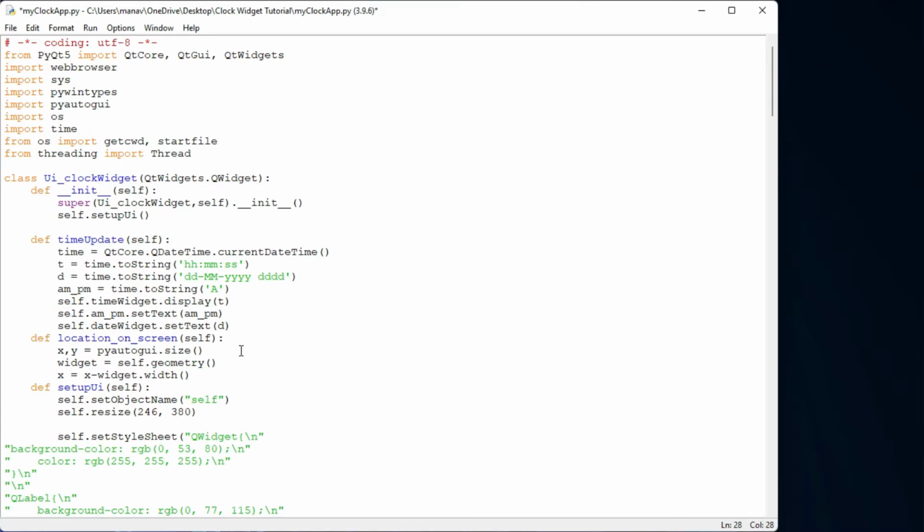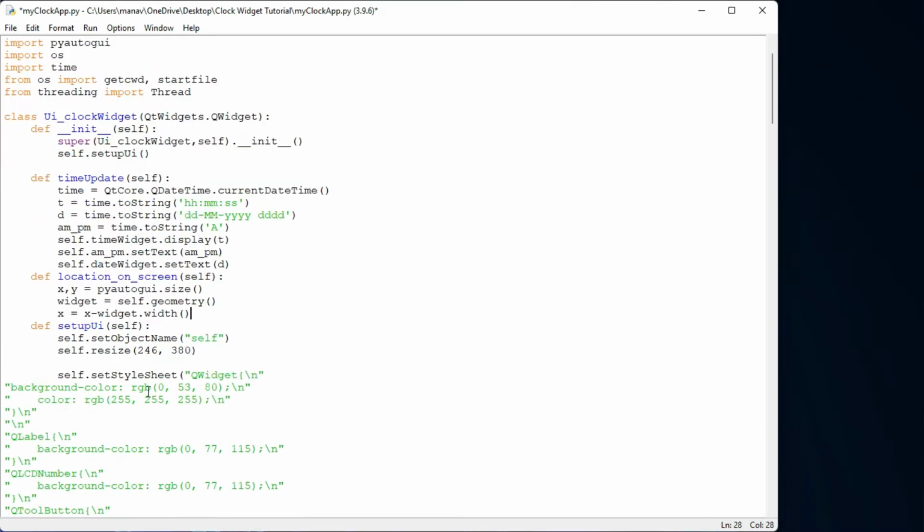So I will just come here. Suppose the width is 1280, so 1280 minus this width. Where is our application? Here this is the width, so it will be like this, 1280 minus 246, that means somewhere like this, and from here it will move the application.